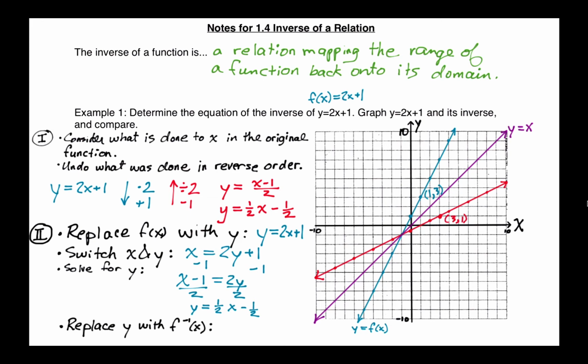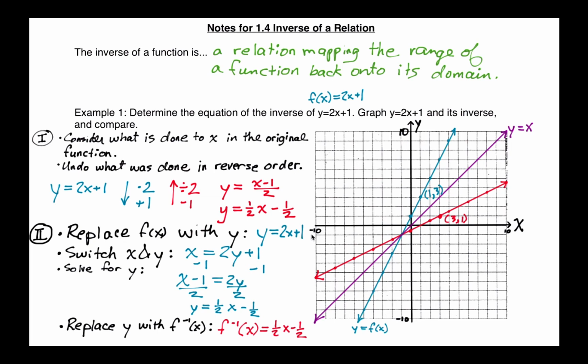Now you can replace the y with this f inverse notation. And this is the inverse. Now you should really only use this f inverse notation if the inverse is actually a function. For those of you who are not sure about it, let me just tell you that yes, the red graph is a function, and the reason I know is because if you draw a vertical line